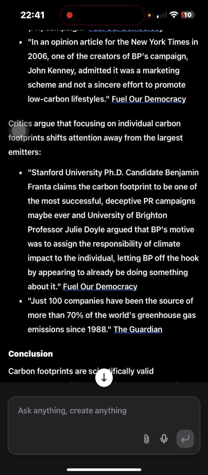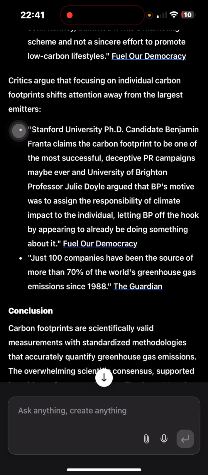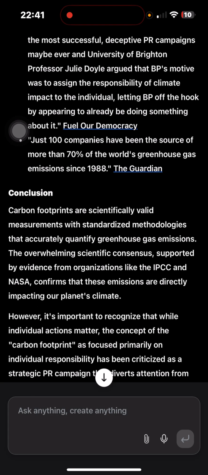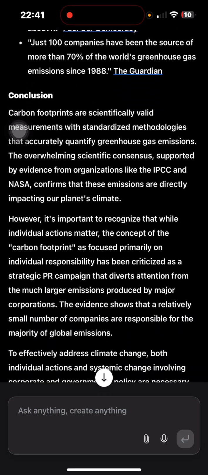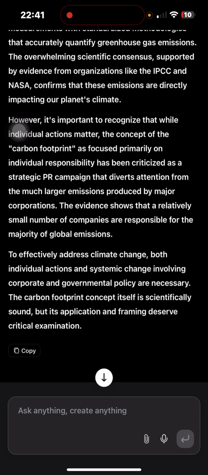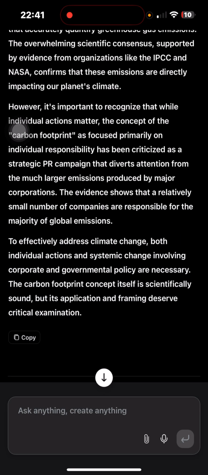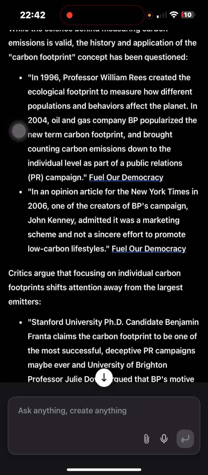So critics are also there, that argument. So the conclusion is carbon footprints are scientifically valid measurements with some methodologies accurately quantifying greenhouse gas emissions. Interesting. To effectively address climate change, both individual actions and systematic change involving corporate and governmental policy are necessary. Sounds okay. So with that, a good social message